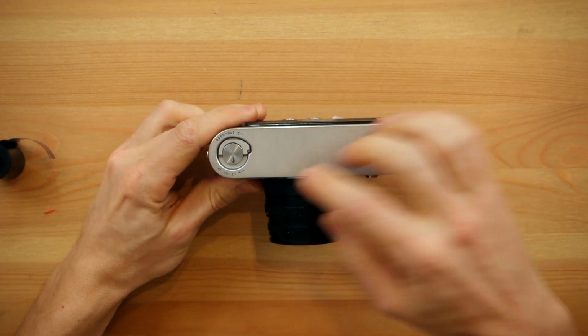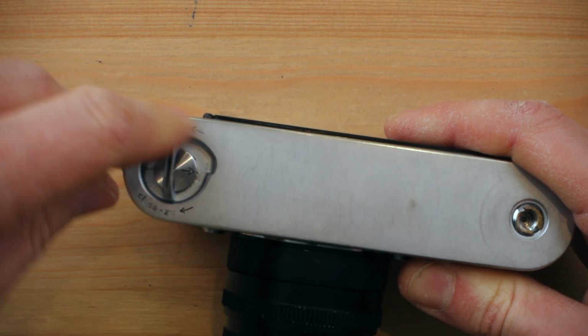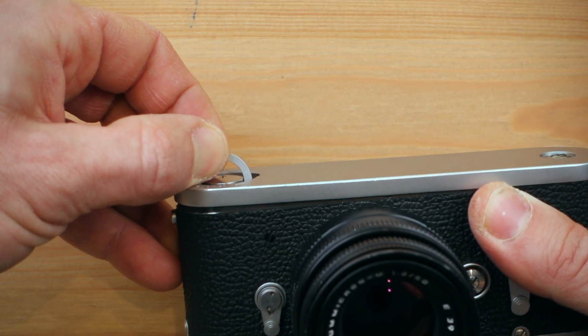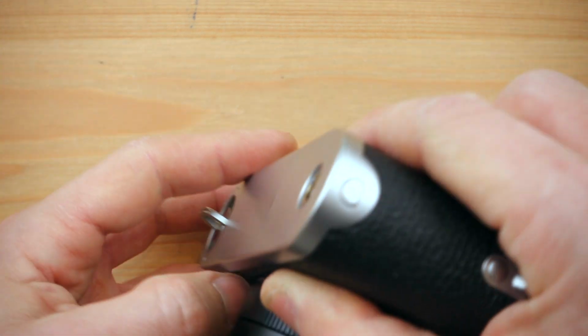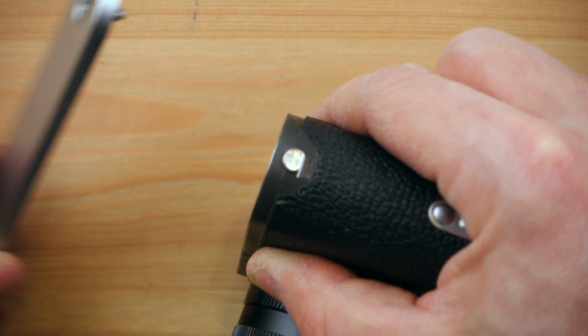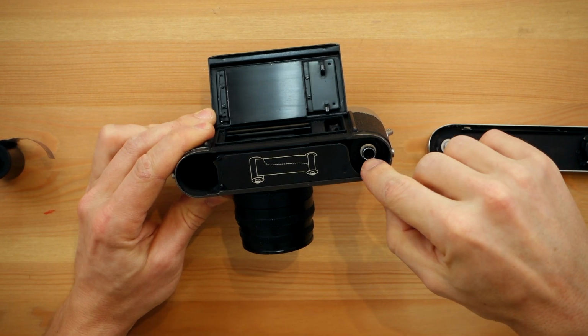Underneath your body you have these marks that basically say open. So you lift this little lever, you turn it anti-clockwise, and then you pull it up. It has this little knob that comes out here, so basically you have to open it that way. You leave this on the side, you open your film back, you have your take-up spool and where your roll